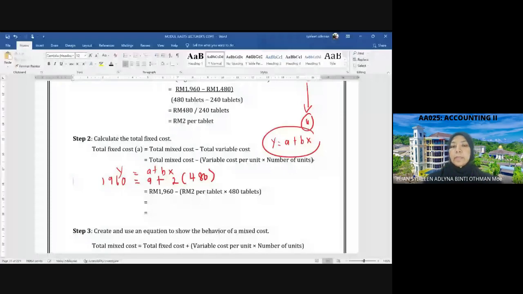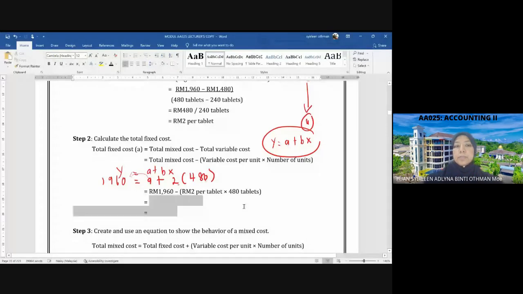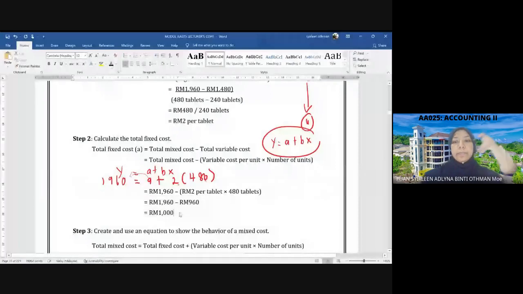Faham lah? Okay, so sekarang madam nak cari A. Bila madam nak cari A, I akan keluarkanlah A ke sini. Faham lah? That's how I get 1960 ni minus RM2 darab 480. You get this one right? Okay, this is simple mathematic equations lah, persamaan. Okay, so sekarang kita dapat A sama dengan 1000. Alright, so maksudnya dekat sini